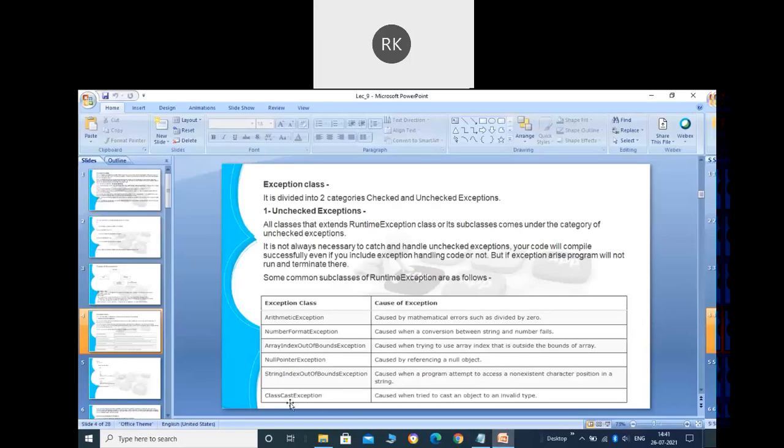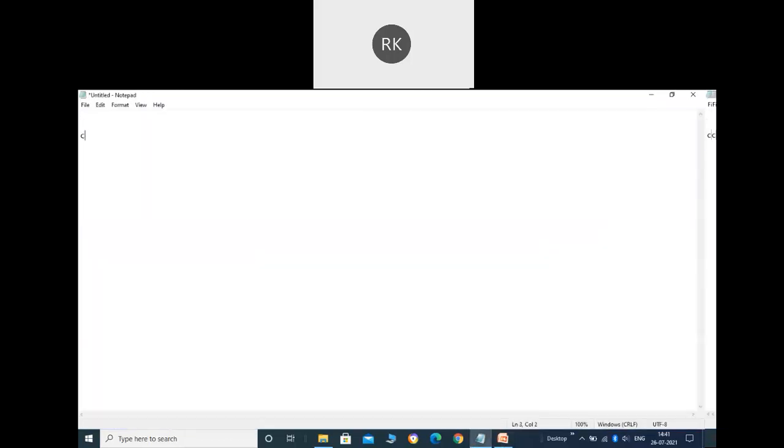In the same way we can have the ClassCastException. When can we have the ClassCastException? Let me show you a case. Let's suppose we have a class A, we have a class B, and we have a class C that is inheriting, let's say, class A. Now in the main class, let's suppose I have created an object of class A. In the same way, new B and C also.